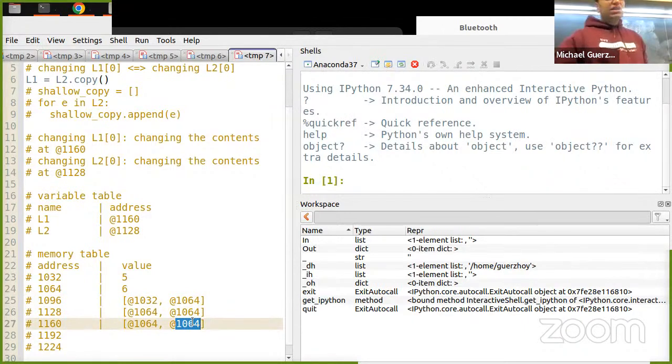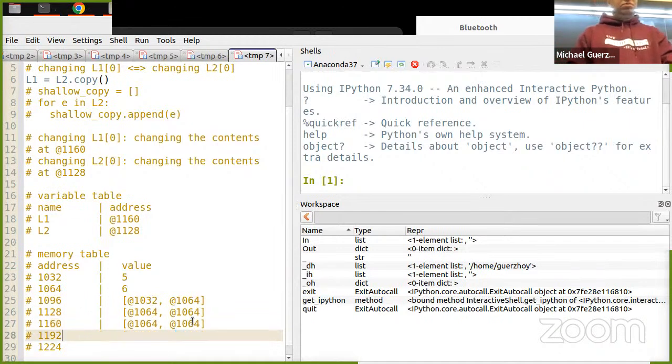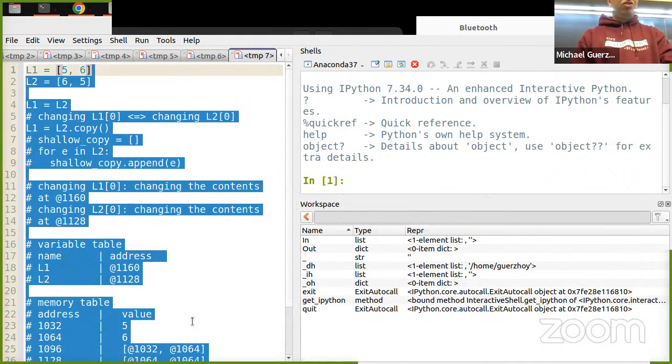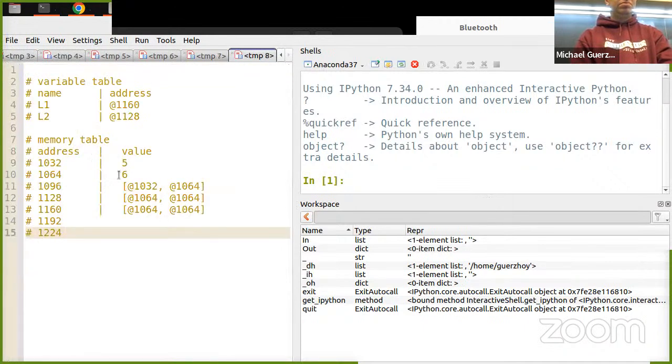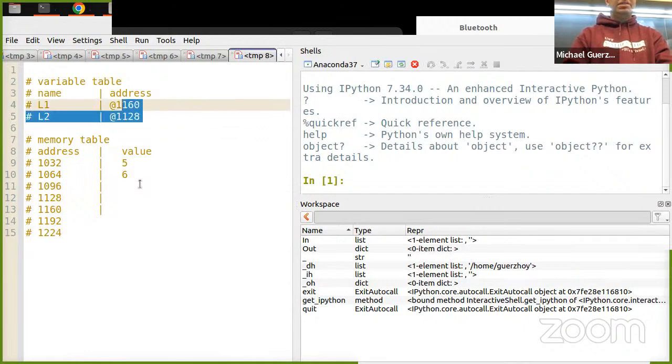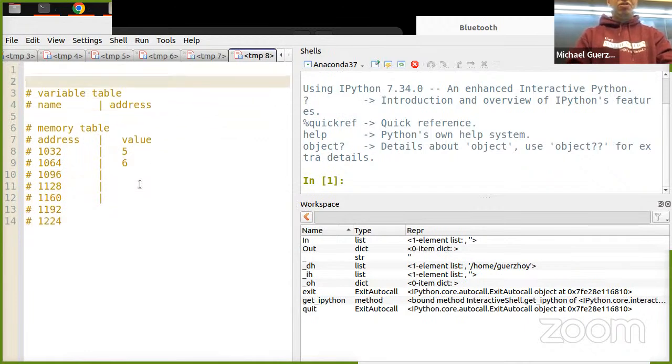So that creates a problem when the situation is more like this. I'll copy the variable table and the memory table so I don't have to recreate them. Let's say that I have my original situation, right?